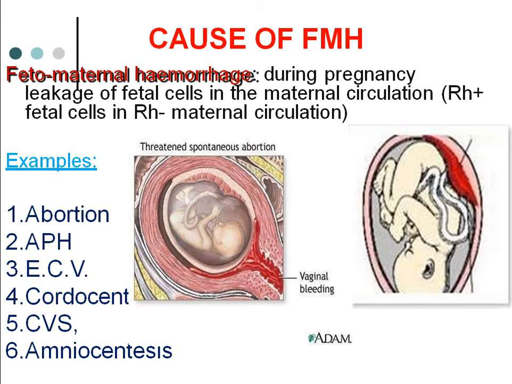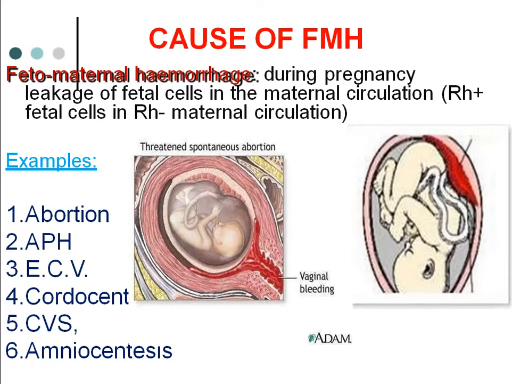Placenta where the blood is coming out, that is absorbed and it goes into the mother circulation. ECV. What is ECV? ECV is external cephalic version. External cephalic version means sometimes the baby is in breech presentation, and you want to make it cephalic. External means from outside, cephalic means you catch the whole head and try to bring it down. So that is external cephalic version. That time some bleeding can occur, which can be absorbed in mother, which can go into the mother circulation.